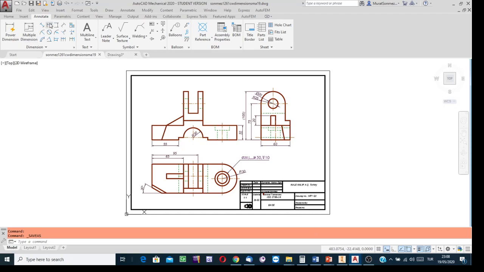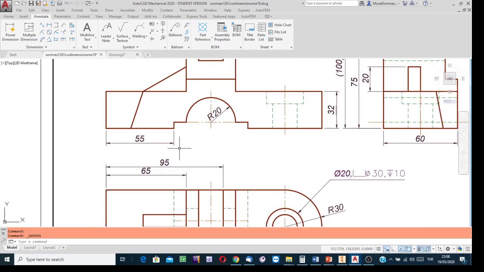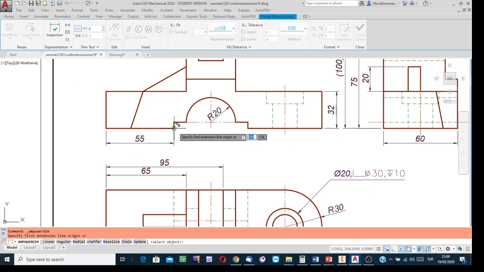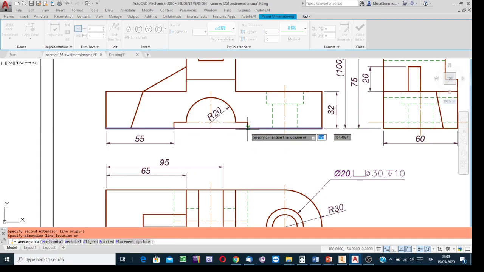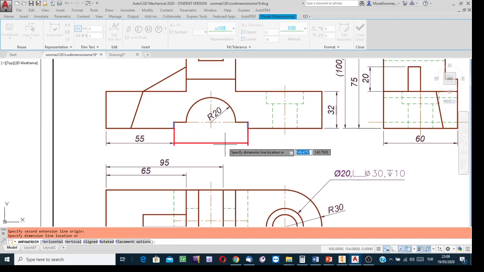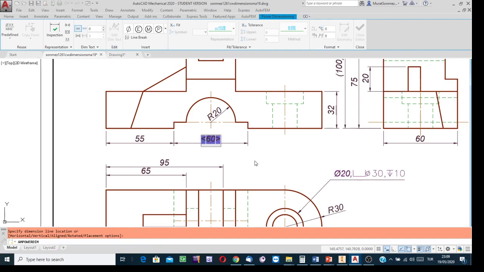Start the dimensioning process, clicking on power dimension or this one. Okay, and then show the limiting points. Click, and then move the cursor. Normally, AutoCAD, using its default configuration, will show it as a non-functional dimension. But it is a functional dimension, so, well,